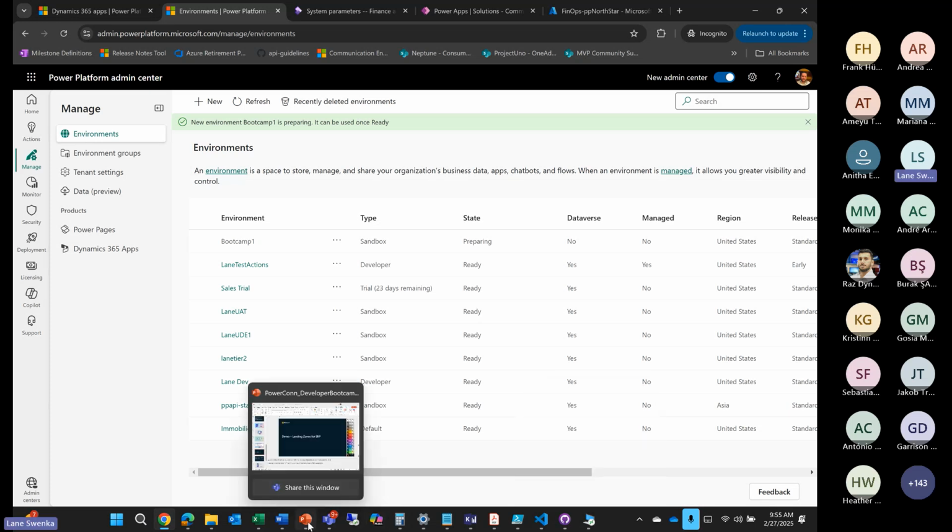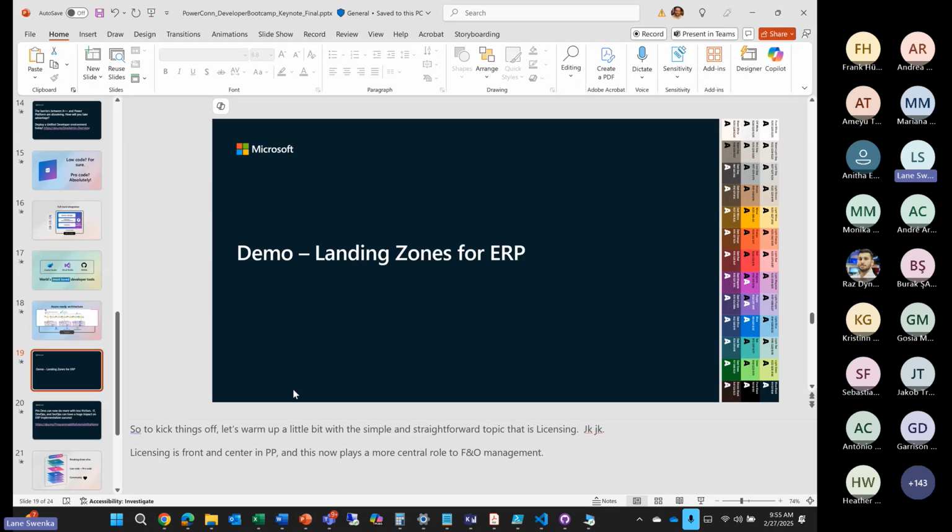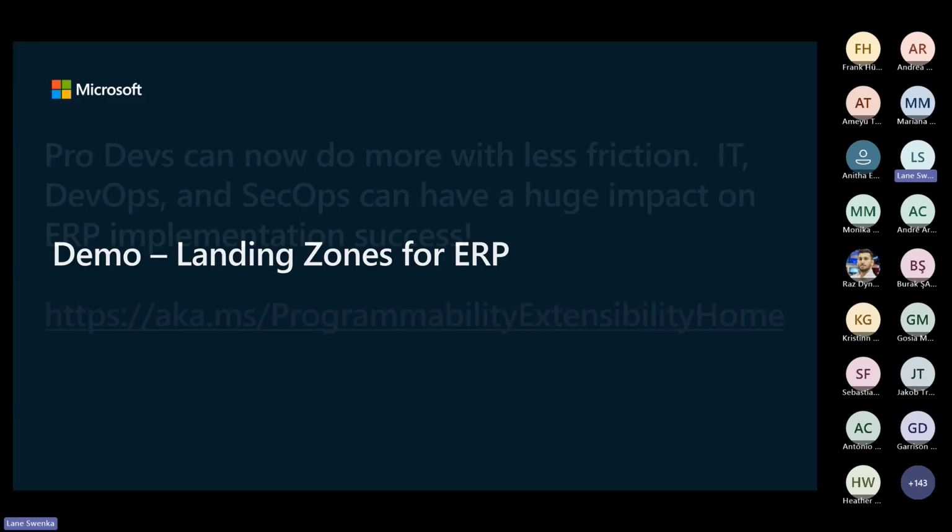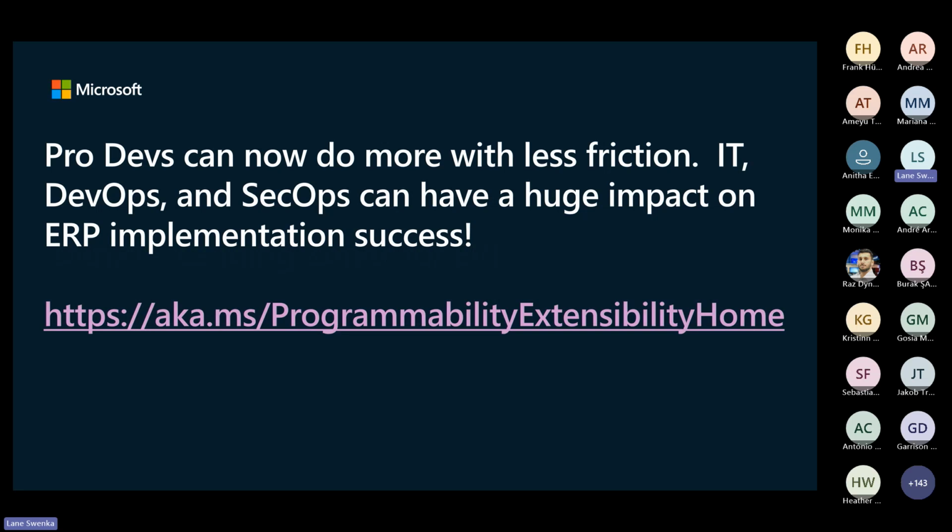So let's go back to slides. And for our last couple of minutes, I will march fast, I promise. But again, call to action, this is definitely a pro code friendly space. Whether you're in X++ all day, every day, we've got more and more capabilities for you. More and more of those silos are falling down, so you can have access bidirectionally to Dataverse and the rest of the Power Platform stack. But you could still stay in X++ and leverage all of those good things with the language that you're most familiar with. And likewise, if you're more on the IT DevOps, release management, SecOps side,